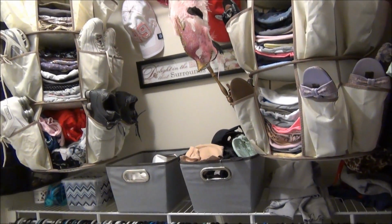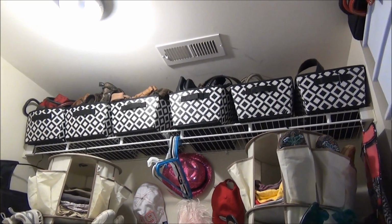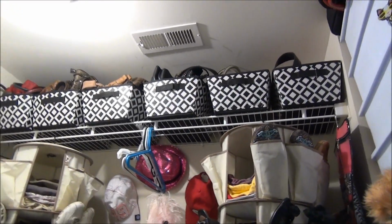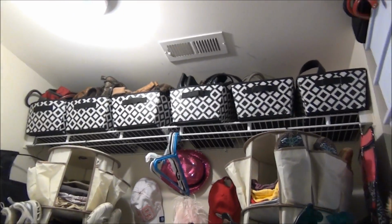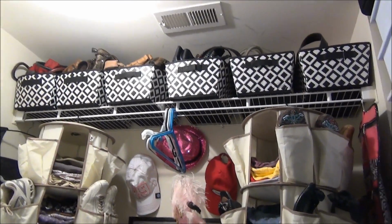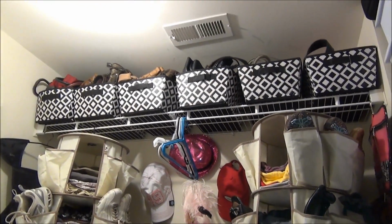That's what's most important. So at the top, I have six bins, and these bins I believe came from Dollar General, and I have all of my purses color-coded at the top. So I got bins for red purses, brown purses, gray, black, and they all fit up there real nice and snug. I'm not going to pull them down. I think, let me just kind of zoom in. It's pretty self-explanatory. Just right along the top, I grab a handle, pull the purse or the basket down,